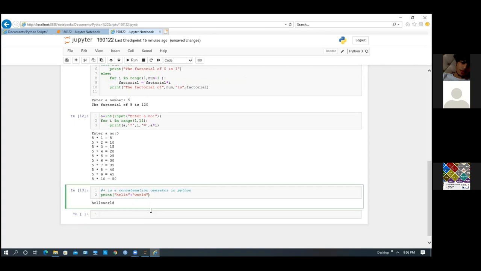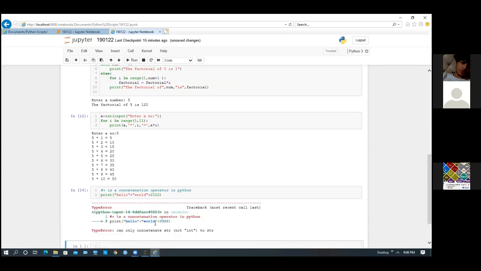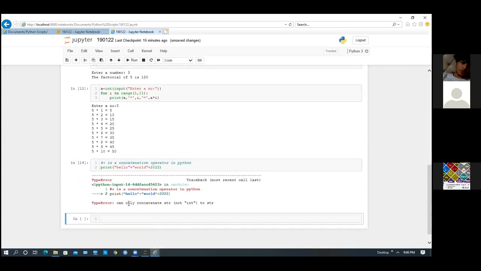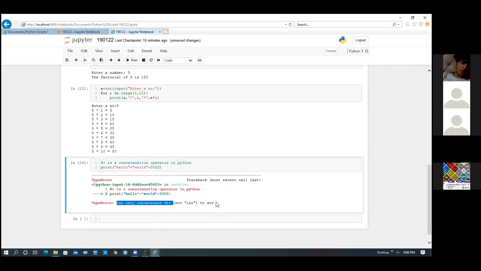But there is a catch to it. Whenever you are using a plus sign, suppose after hello world I want to print 2022. It will give an error. Why will it give an error? See, can only concatenate string, not int to string. So this is the limitation. You need to keep in mind whenever you are concatenating a string, an int to string is not possible.